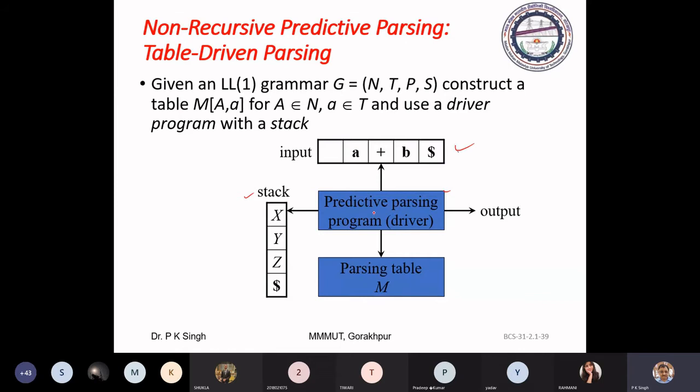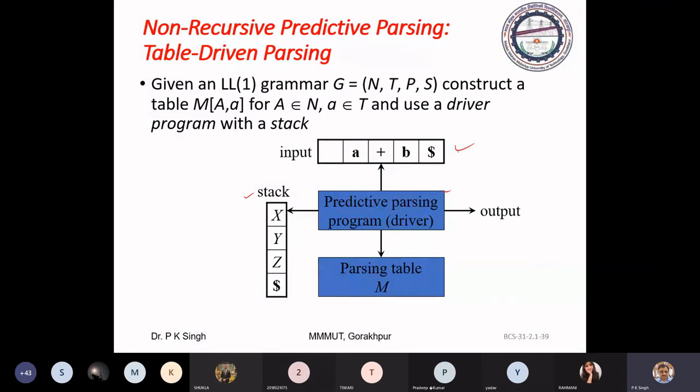Because this predictive parsing program will refer to the current content of the stack and the current input symbol. Accordingly, it will consult the parsing table and on the basis of that it will decide the action.